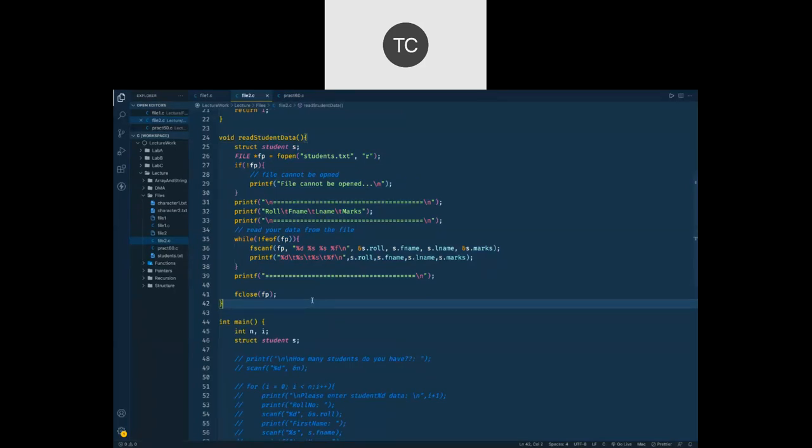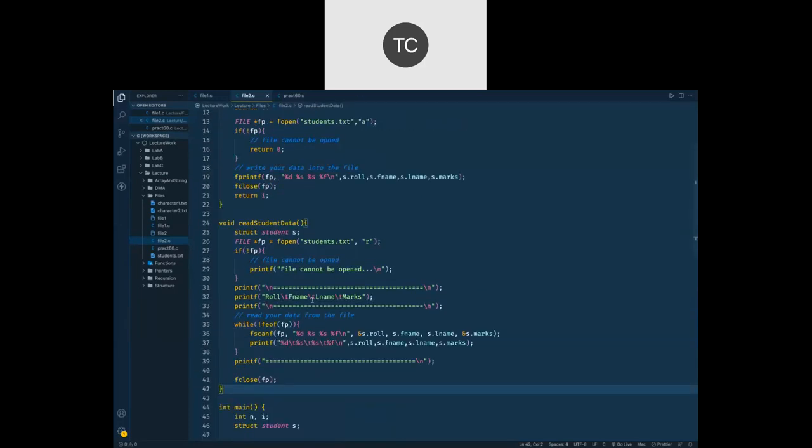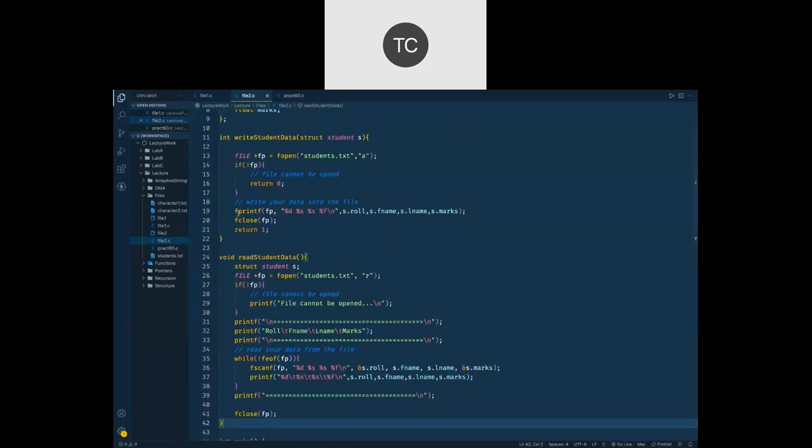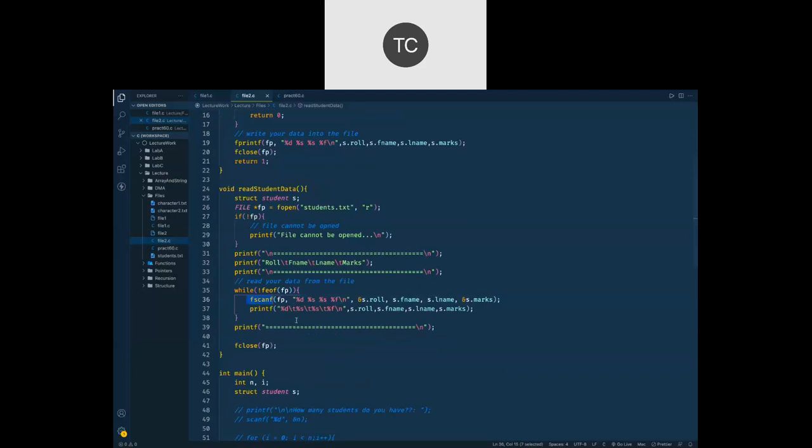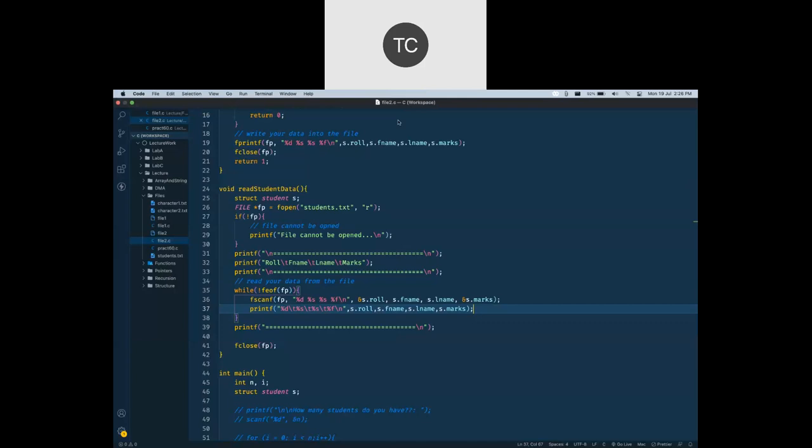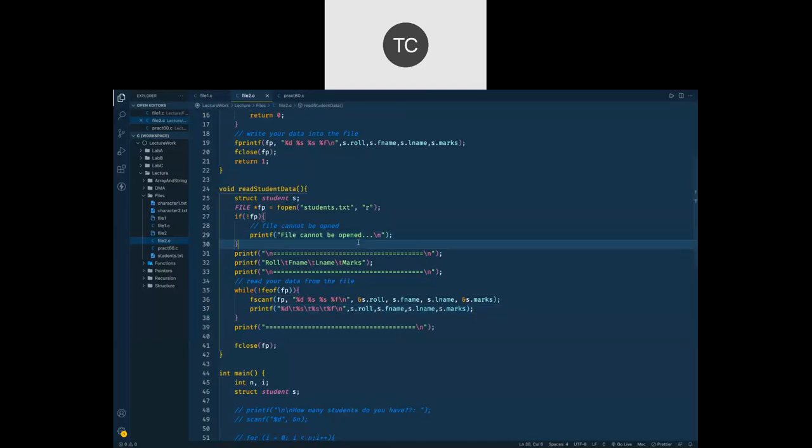In this example we have seen fscanf and fprintf. So when the user is giving you the data, you use the fprintf function to write everything inside the file. And whenever you want to read your file, you use the fscanf function to read your data in this format and store that data in the given variables so that you can operate with that data later on. So that's the example we covered in the previous lecture.